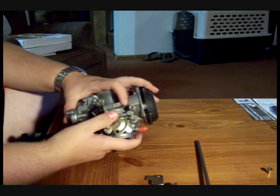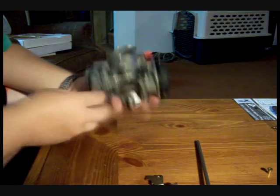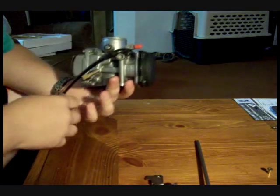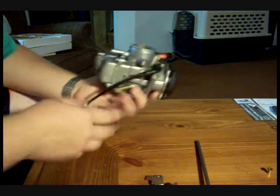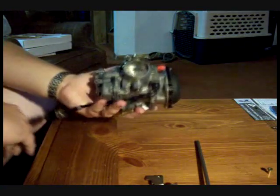If you need parts for these, I would recommend going to denniskirk.com. They've got good parts, fairly cheap, rebuild kits for these things. Depending on the quality, anywhere from 10 to 40 bucks. Main jets on there typically run about $3 or so. Pretty good guys to deal with too, and their website's pretty comprehensive. So yeah, that should take care of